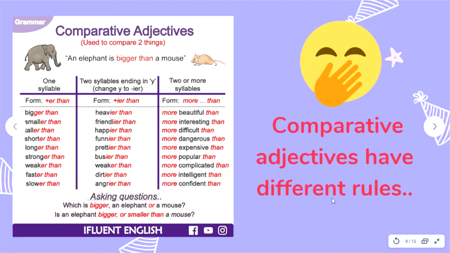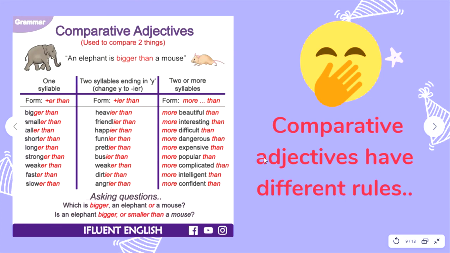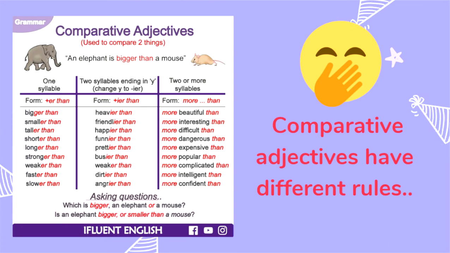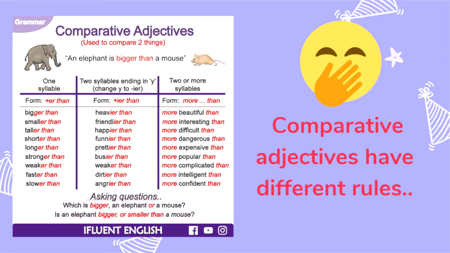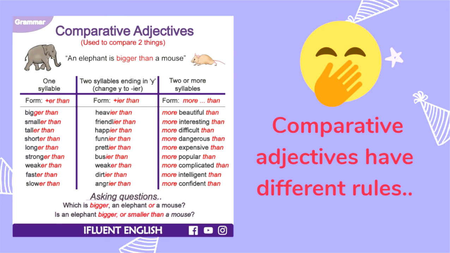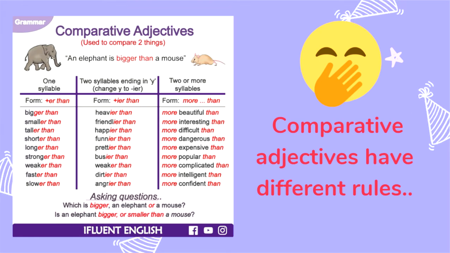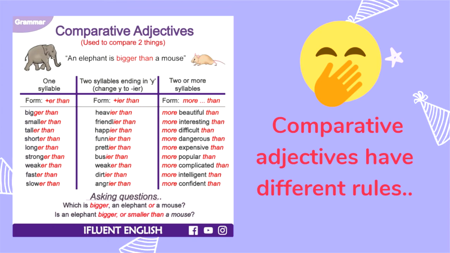In this case, you can see that comparative adjectives have different rules. For example, when you use one syllable, you only use er plus than. Okay, bigger than, smaller than, taller than. Don't use the bigger than, the smaller than, no. Only bigger than. When you have two syllables ending in consonant Y, remember that you omit Y and put I,